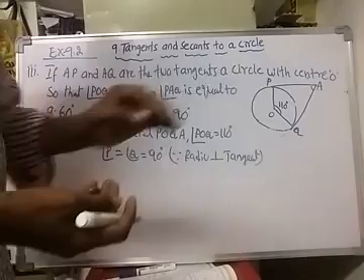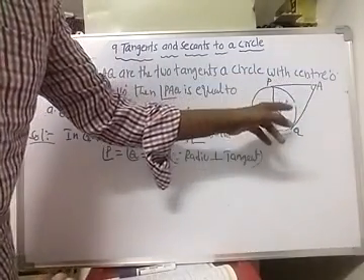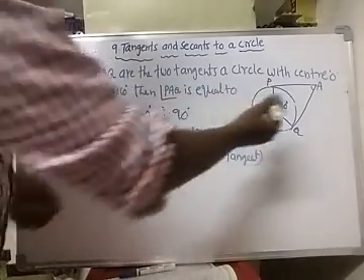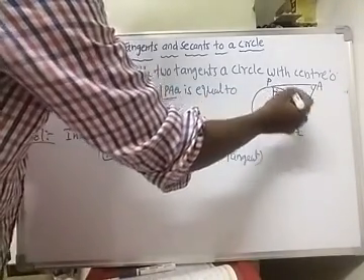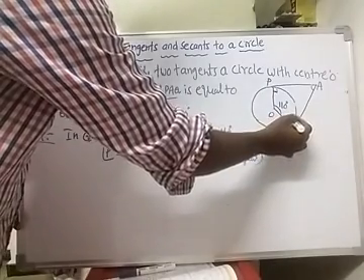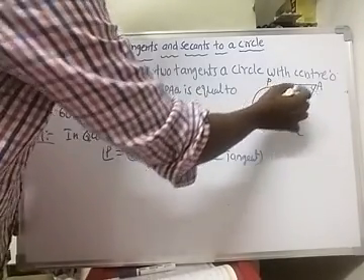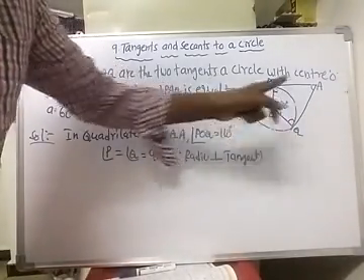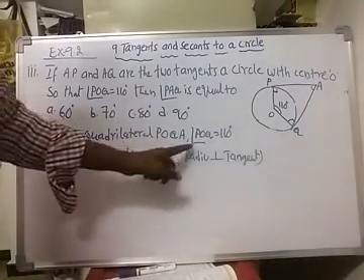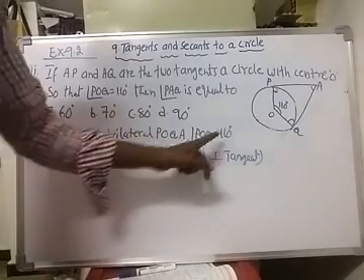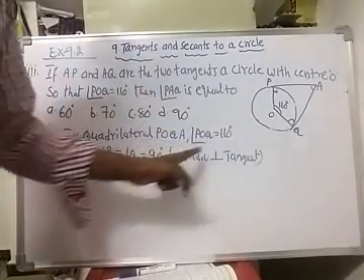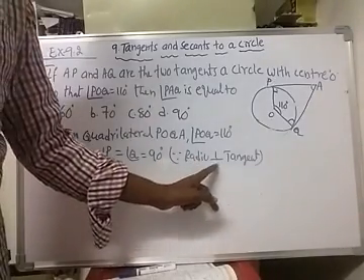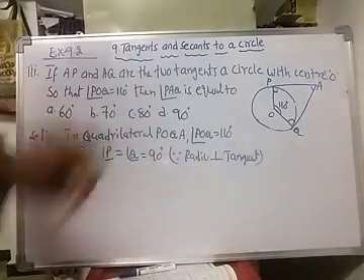We know it is a tangent and it is a radius. So how much angle is formed at the point of contact? That is 90 degrees. Here also 90 degrees, because the radius and the tangent are always perpendicular to each other. So in quadrilateral POQA, angle POQ is equal to 110 degrees, and angle P is equal to angle Q, which is 90 degrees, because the radius and tangents are perpendicular to each other.